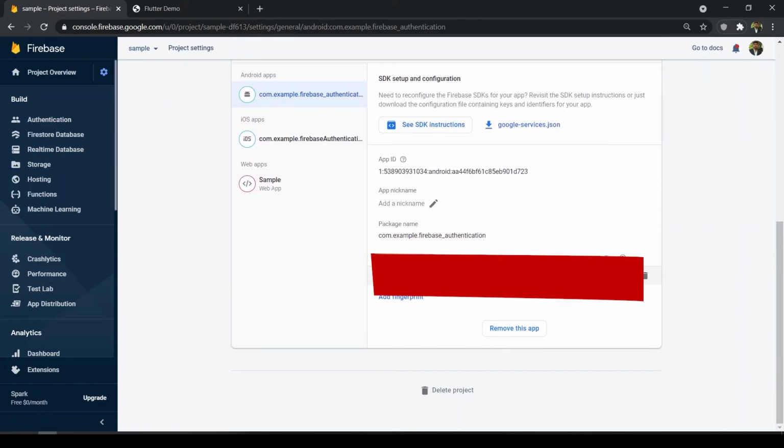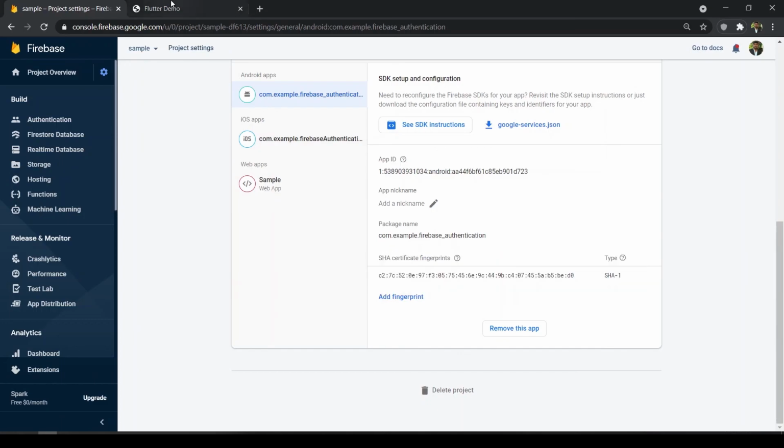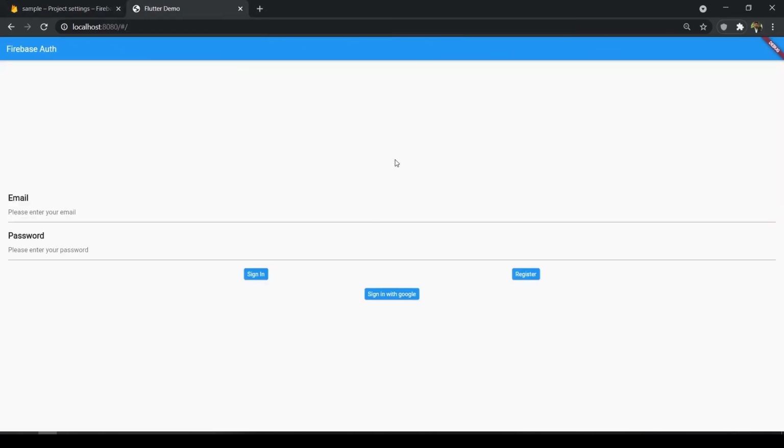Make sure you have given the SHA certificate fingerprints key here. Only then will Google sign-in work in our Flutter Android app. I will also give the source code in the description. I have uploaded the code to GitHub, and I'll share the repo in the description. You can check it out.